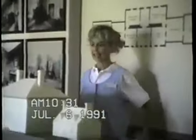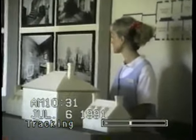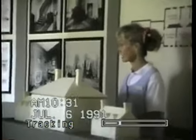Go inside. This is the model of the house that Colonial built between the years of 1750 and 1755 as a statement